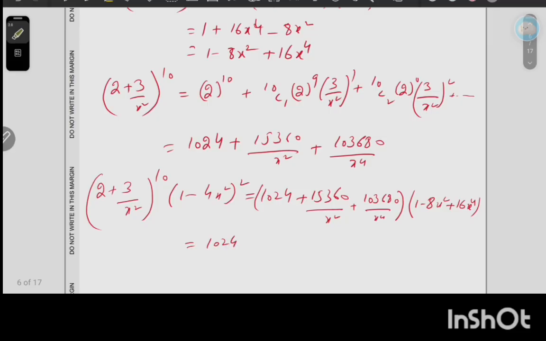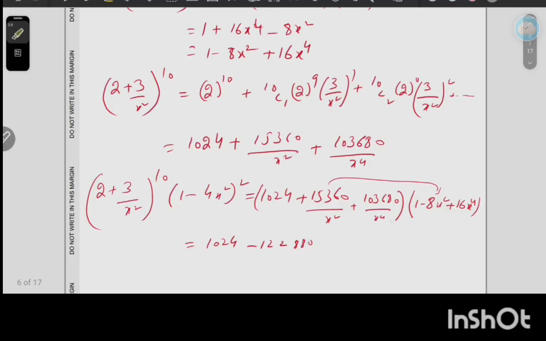This is okay because there is no x involved. Similarly, this multiplied by this one, the x square cancels, so there is also no x involved. When we multiply this, we get minus 1